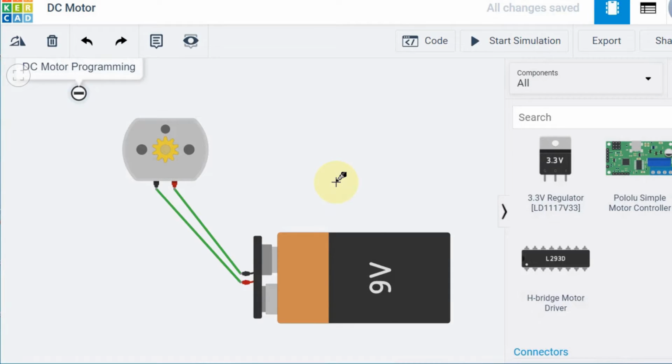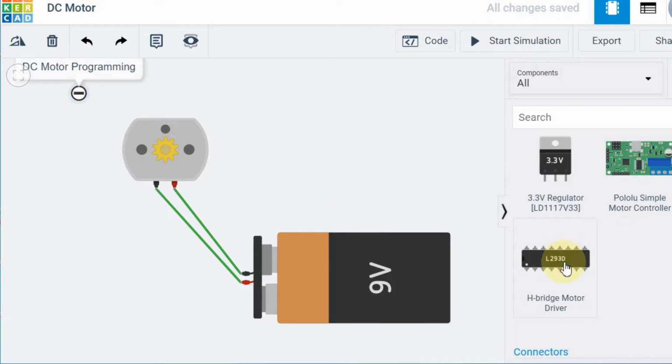Mostly, the DC motor used for robotics or embedded systems will not always be a 5 volt DC motor. Sometimes they will use 12 volt or 24 volt DC motors. At that time, if you want to control that 12 volt or 24 volt DC motor, the normal Arduino digital output pin cannot be given directly to the DC motor. So we need a driver circuit to drive the signals to the supply voltage of the DC motor. So let me see what the driver circuit for a DC motor is.